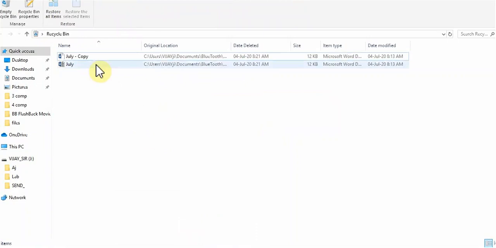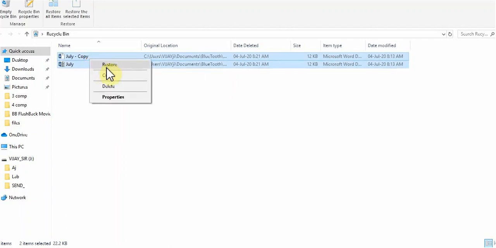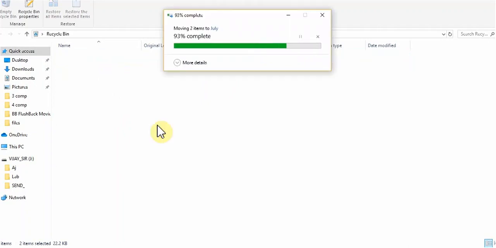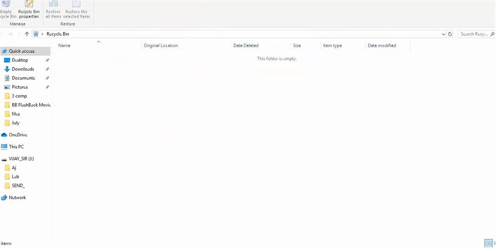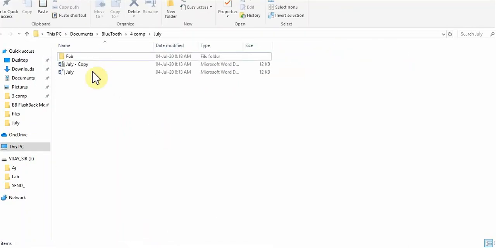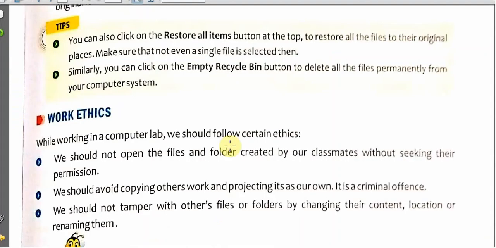Now you can see both files are here. So I am selecting both the files and clicking on restore. You can see the files have been restored. Let me go ahead and show you. You can see. So students, this is a basic operation every student should know.